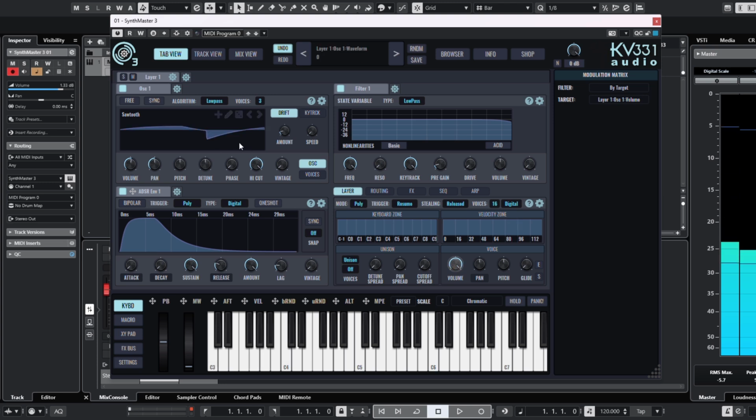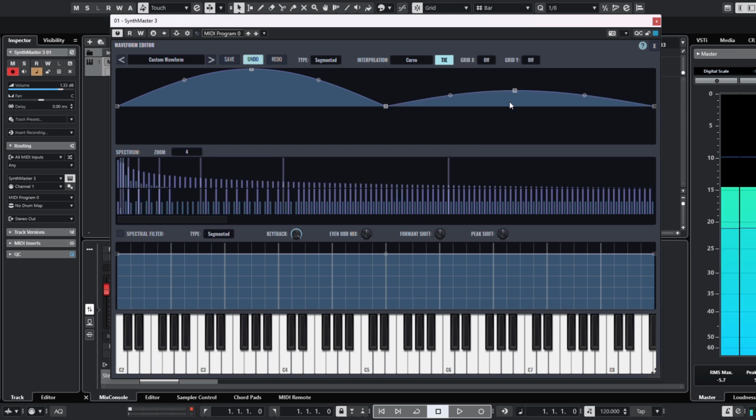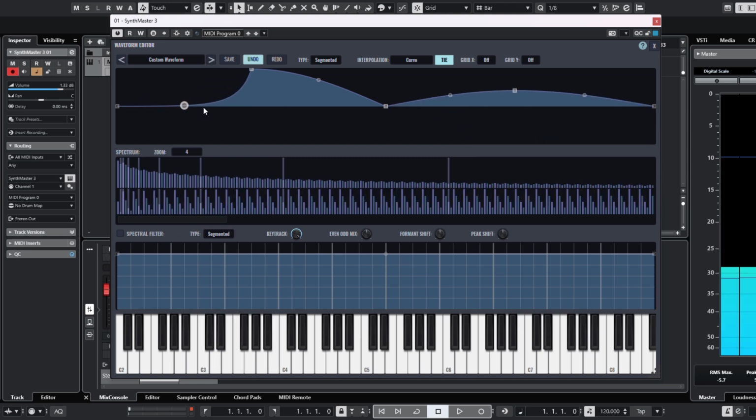Now, say for example, I just wanted to edit this waveform. If I click the little pencil icon now, I can literally just draw in new points and change the sound up. So this is our waveform editor. Okay, so let's do a bit of that. So now I'm literally